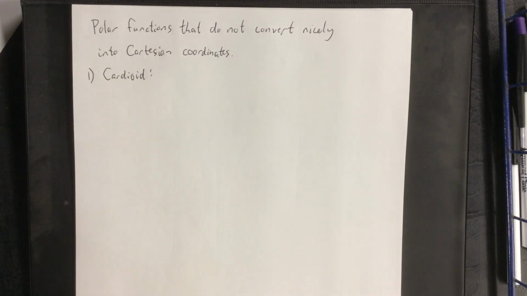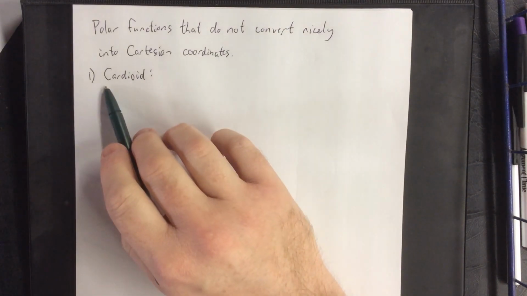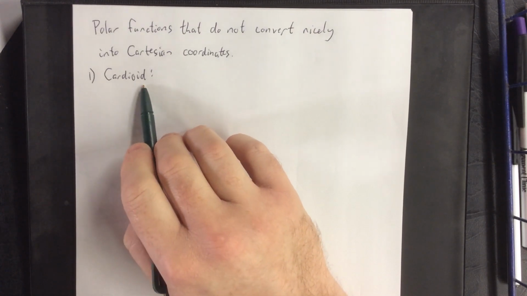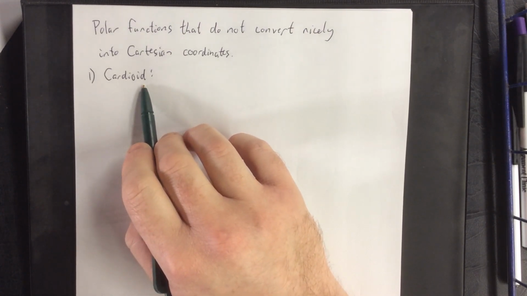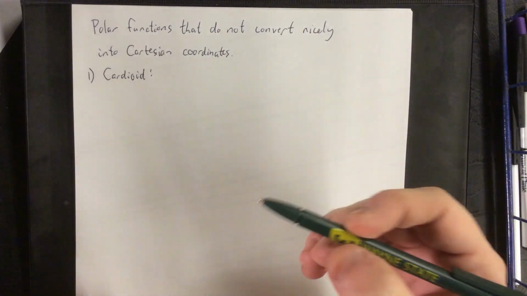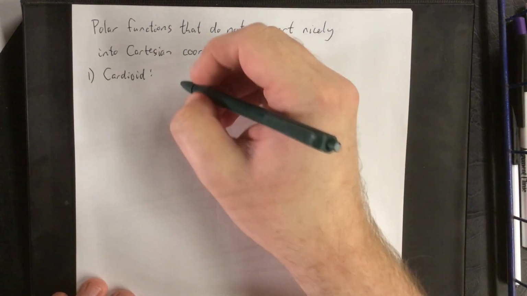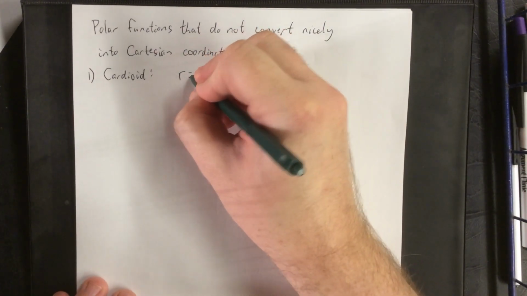So next up, we're going to talk about some polar functions that do not convert nicely into Cartesian coordinates. The first of which is going to be referred to as a cardioid. The prefix cardio meaning heart, and the suffix oid meaning looks kind of like that thing. So this will be referred to as a cardioid. The cardioid takes on 4 different possible forms